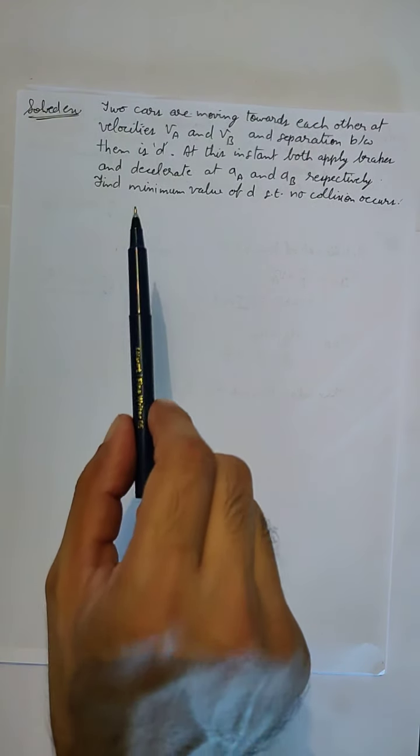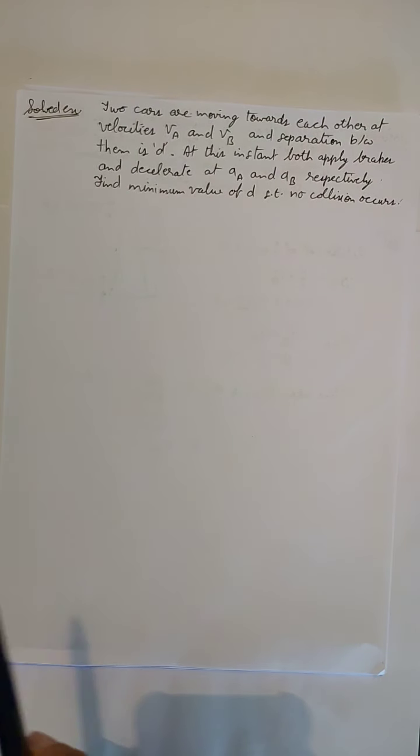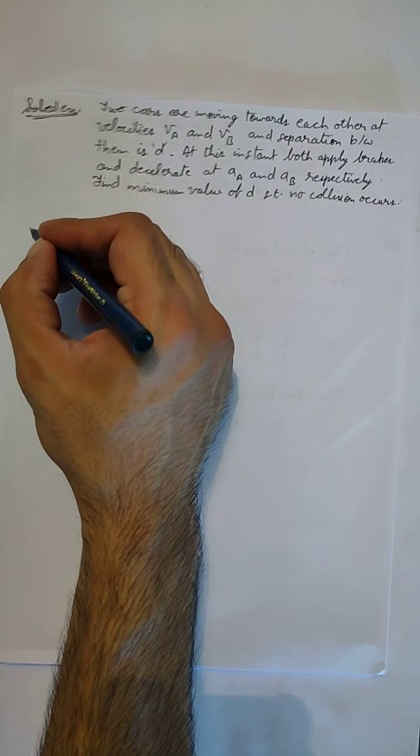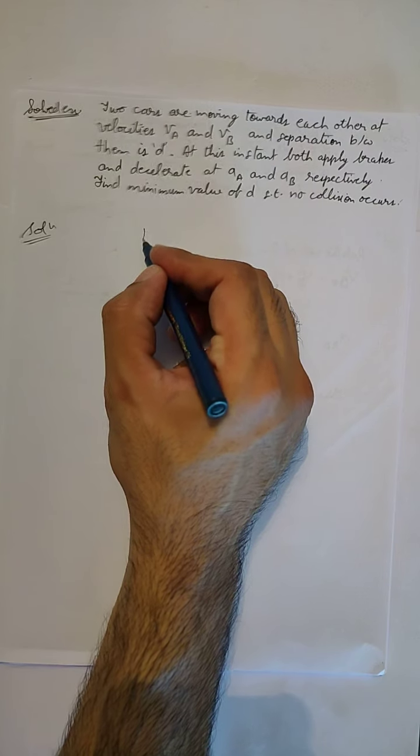Now if you remember, I have already given this kind of question in your assignment, and we did this question with the help of equations of motion, in which we calculated the distance traveled by both the cars separately, and then we saw if the cars will collide or not, if the total distance is less than the separation between them. We can also attempt this same question with the help of the concept of relative velocity. So if we solve this with relative velocity, then I'll make the diagram first.